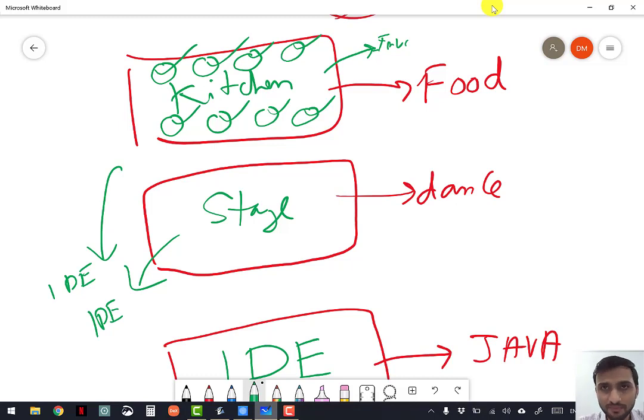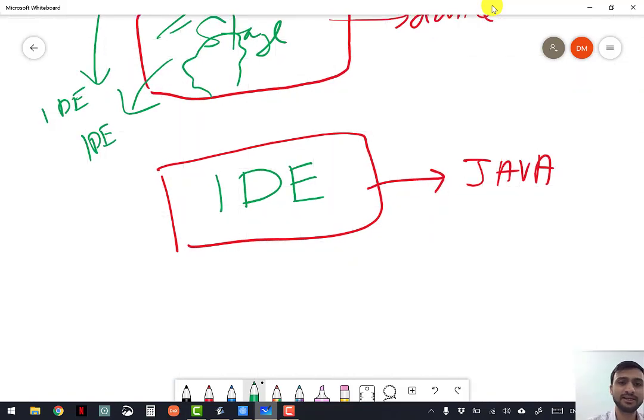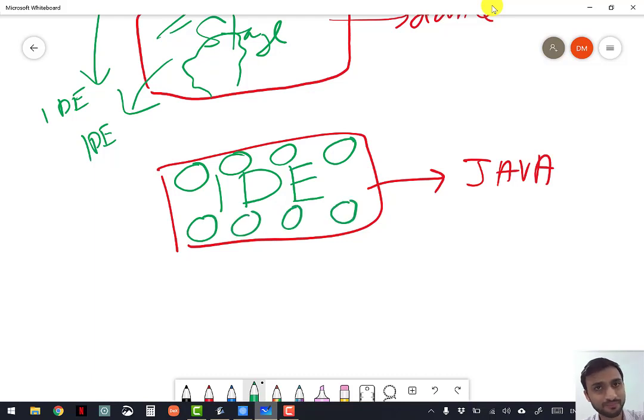To dance, you need a good environment to dance. When you dance, the lighting should be good. There should be loud and good music. There will be smoke while you dance and all. You know how they create the environment of dance so that the dance will look more beautiful and enjoyable, right? So similarly, Java has to be written on a platform where you can find all the tools. Without the tools, how can you create a Java program? How will you develop a Java program? So an environment where you can develop Java programs is known as a development environment.